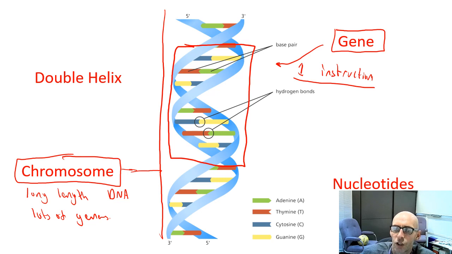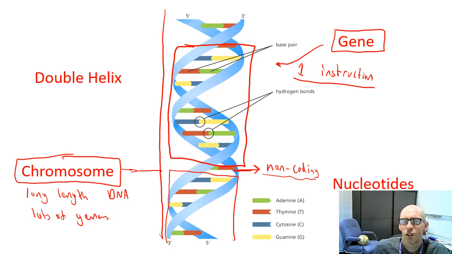Sometimes people can have an instruction that went wrong, so they might be missing a gene and they might have a genetic disease or a genetic condition. But each instruction, and then this next section, might be a different gene. And there might be some bits here. This bit in the middle isn't part of the genes, so we could say it's non-coding. It's part of the genetic code, but it's just like a space between two words. So that's chromosome done, that's gene done.